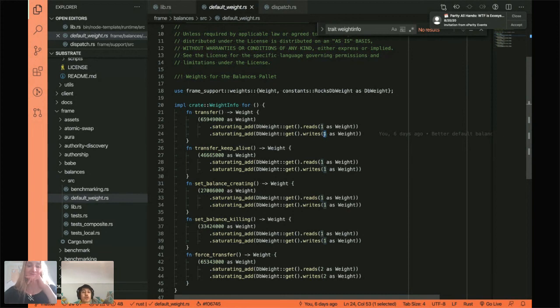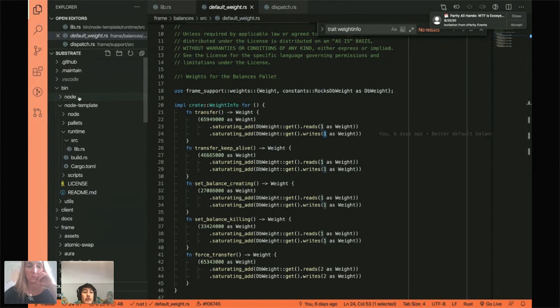We want other users who use our palettes in different ways to be able to give weights that are representative of their blockchain. For example, you could have a different benchmarking machine than us, or you could have different requirements, or a bunch of different things. So in the way we've defined it here, we provide you a default weight, but in your runtime definition, you can actually pass your own weights, which will override the defaults and will be used by the runtime.